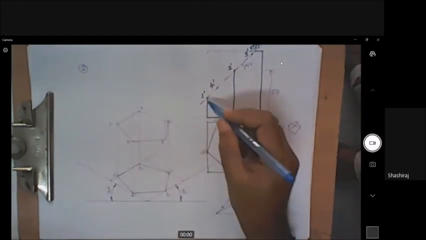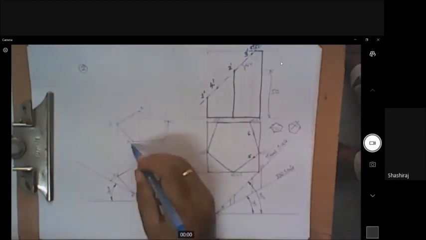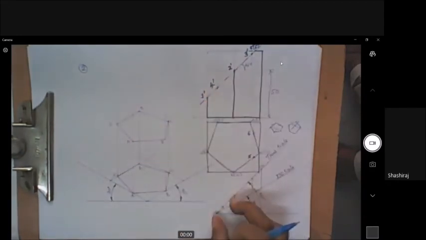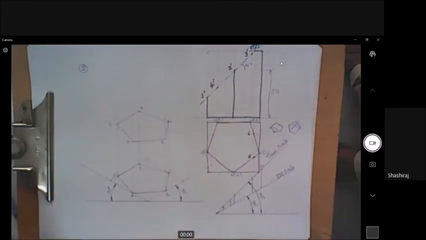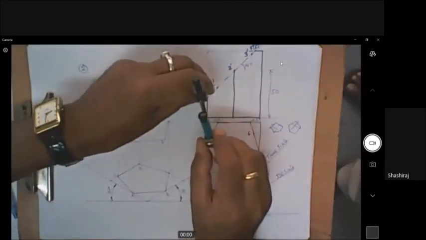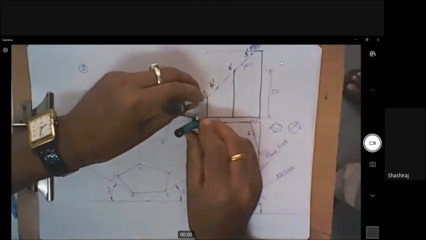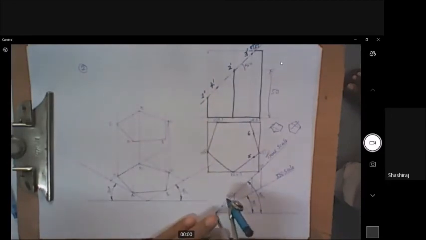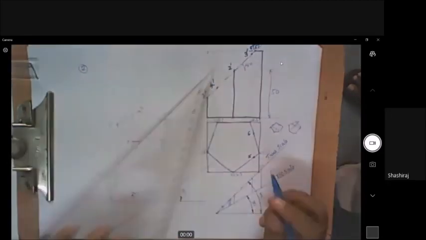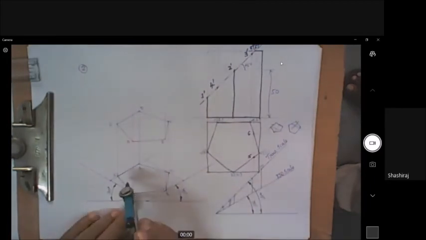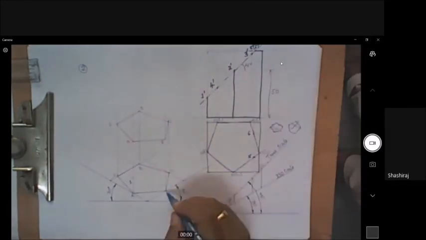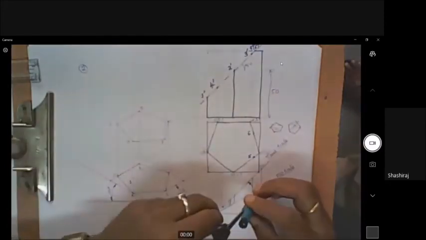Now, point 1 dash is on A1, that is on this edge. So I have to transfer this much distance here, but now this is true length. I have to get the isometric length for that and transfer it here. So get this length, 1 dash distance from the bottom face, and get the isometric distance for that. Make it like this on A1, A1A. So you got the point 1 dash is point 1. Point 2 is on B dash. B dash is here. So go to isometric scale.